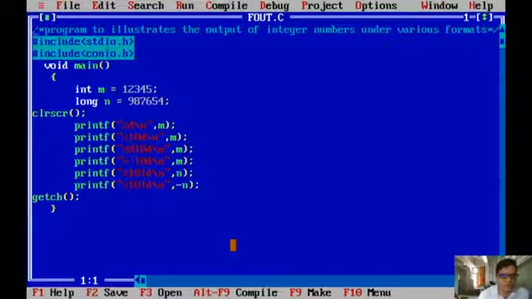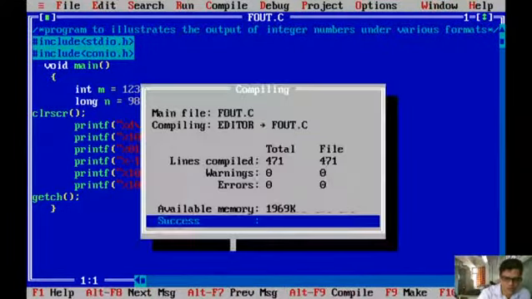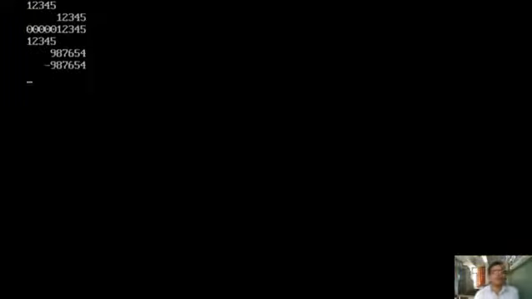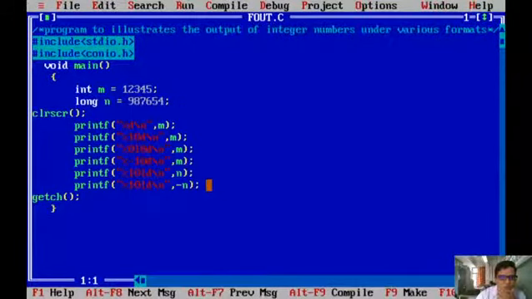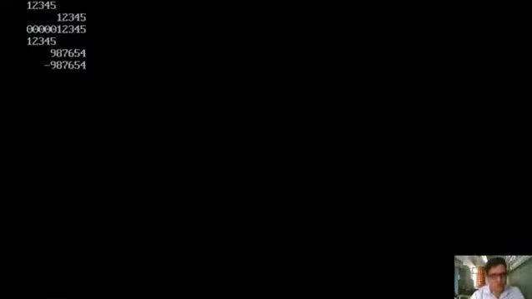Now, are there any mistakes? No mistakes, I think. Now compiling, Alt F9, Ctrl F9, we are getting the output. Okay, why is it showing 1 2 3 4 5 blank spaces? Because it is given as %10d. If you give 10d, within that 10 width, you have to display the value.